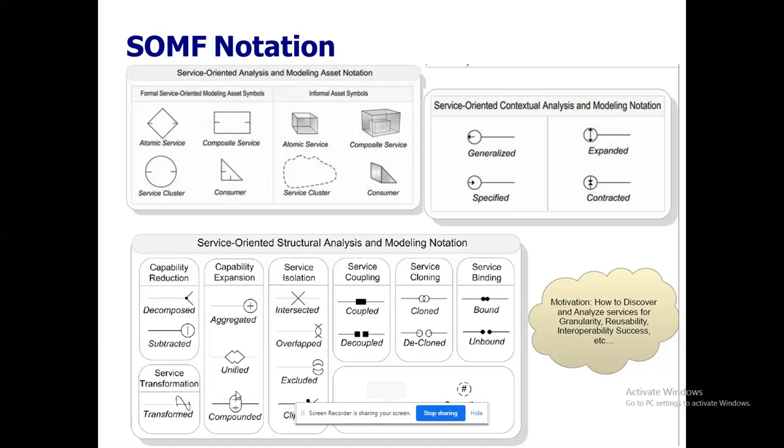Cloning is nothing but replicating my services. That could be the major case we'll be talking about. Decloned is the place where I could declone, removing that property. Then service binding: service binding is very specifically attaching the data available from one web service with the functionality available in another web service. So I am encapsulating the corresponding binding, and the reverse of encapsulation is my unbound.